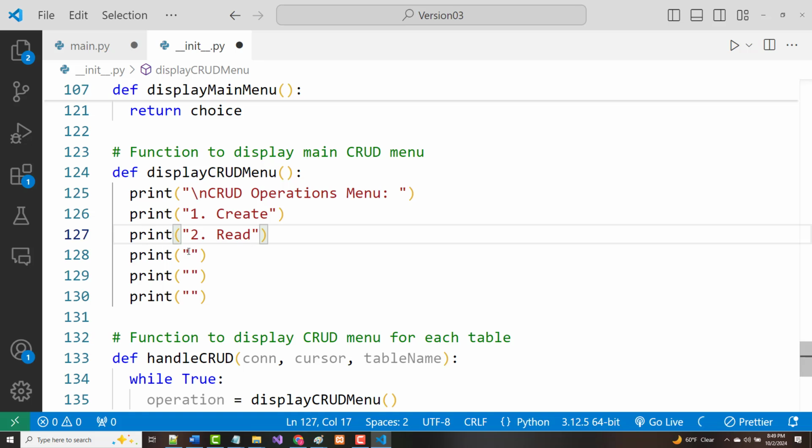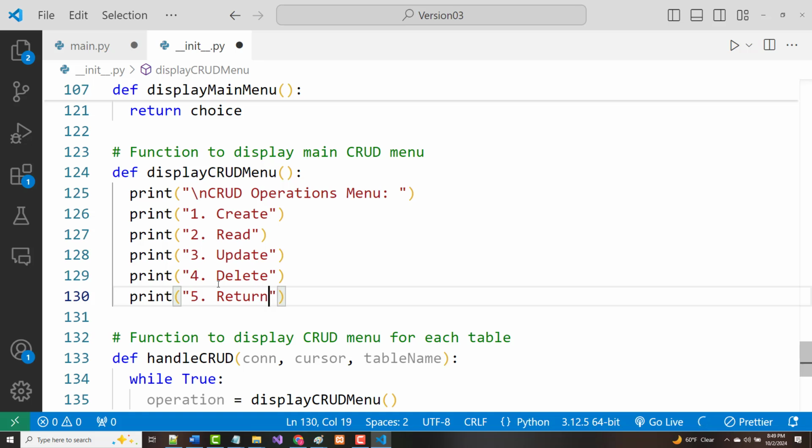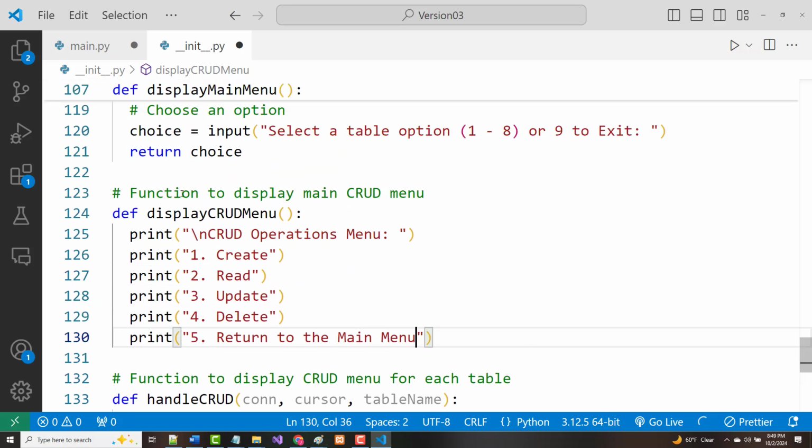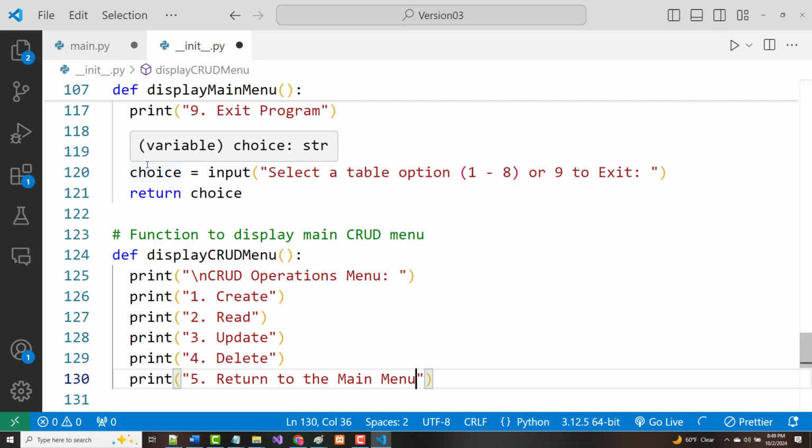Number 3 will be update. And number 4 will be delete. We'll also give the user the opportunity to return to the main menu, which is this menu here. Okay? All right, just like before,